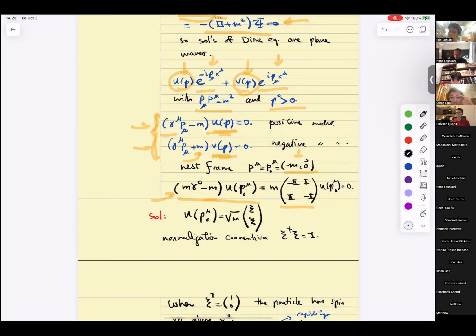What's the solution to this? It's something that looks like this. This square root m outside is conventional. We put it there so that this C dagger C is properly normalized. That's a conventional thing, but this is what it looks like. Each of these C's are 2 vectors. They have upper and lower components. So remember that this is a vector with 4 components. So the upper spin one